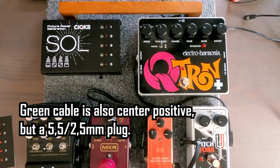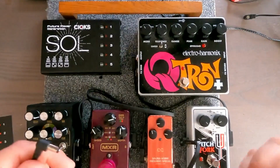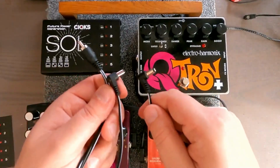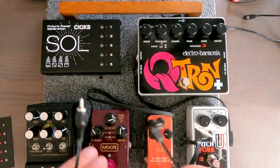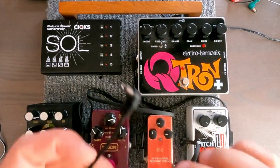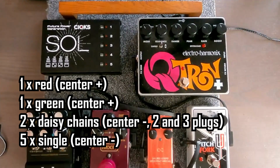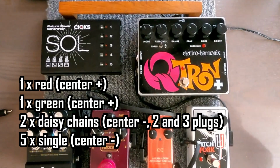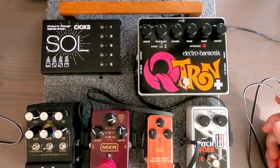And a couple of more. I think this is, yes, interesting. This is also a daisy chain per se, but it's only with two. The other one is with three. And let's see, there's also one single too. Okay, and yet another single. So one red, one green, and a whole bunch of single black ones, and two daisy chains, one with three and one with two. So I think I will connect